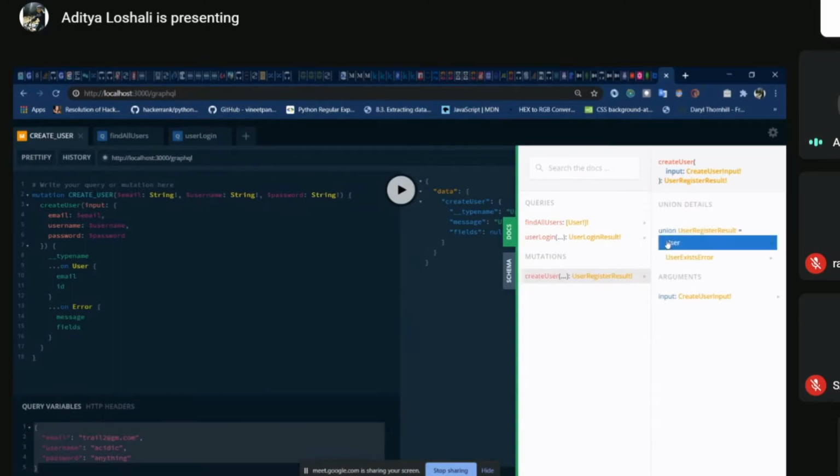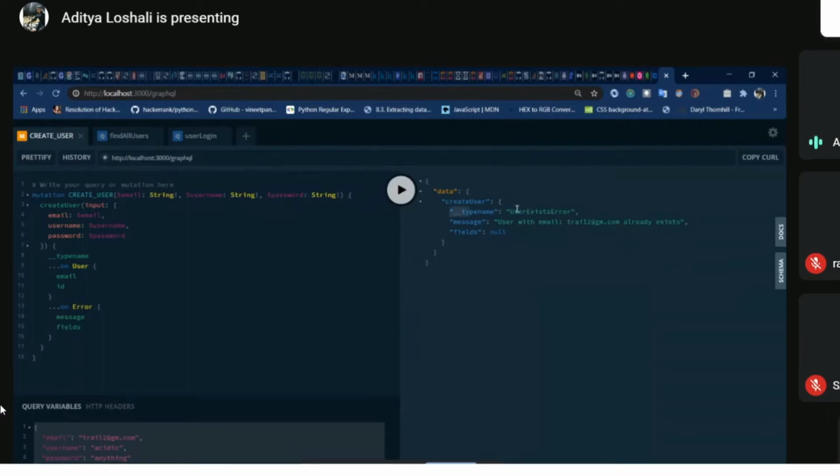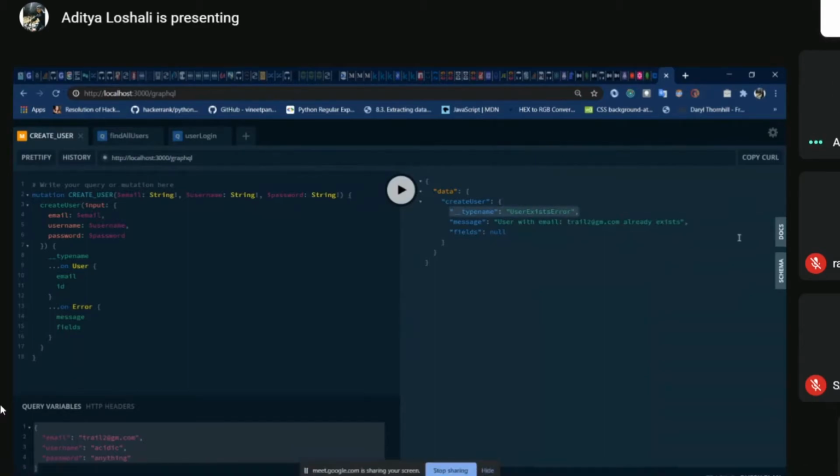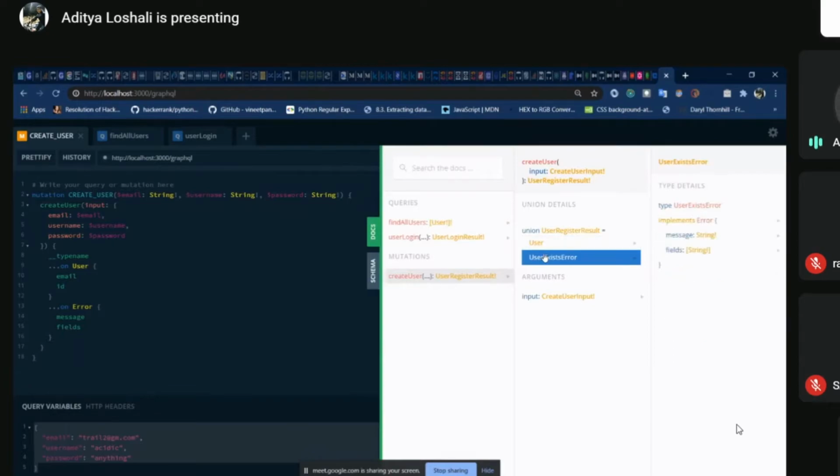It is a union of type user and user exists error. That means the response could be either of type name user or of type name user exists error. The type name is here. So it is a combination of these two types. It could be either one of these results, and we receive the schema along with that.